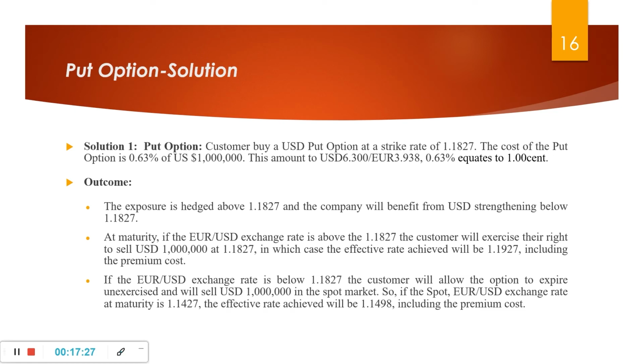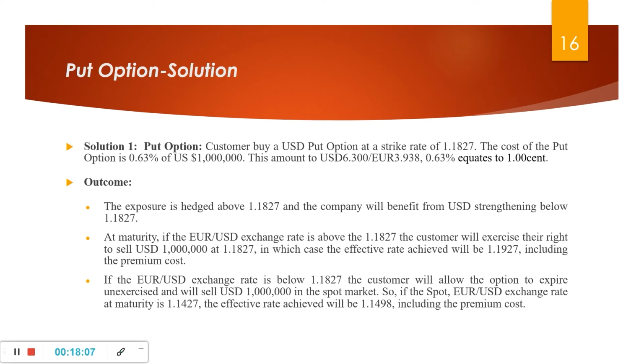Now the solution to this problem is the customer buys a USD put option at the rate of 1.1827. The cost of the put option is 6.63% of USD 1 million. The amount of USD 6.3 over euro 3.938 is equal to 1 cent. The outcome of this procedure is that the exposure is hedged above 1.1827 and the company will benefit from the USD strengthening below